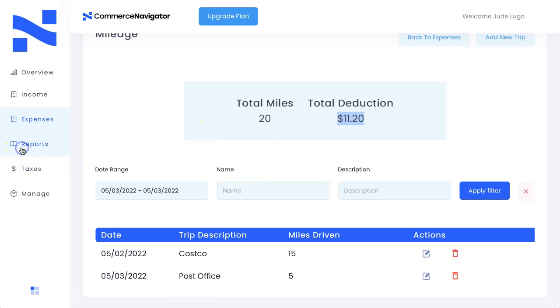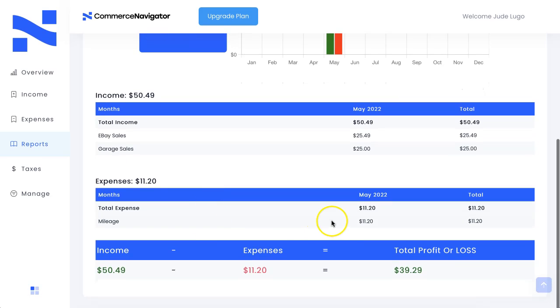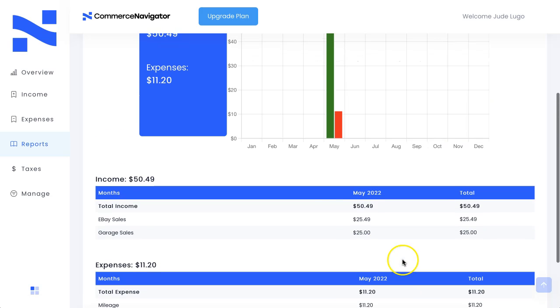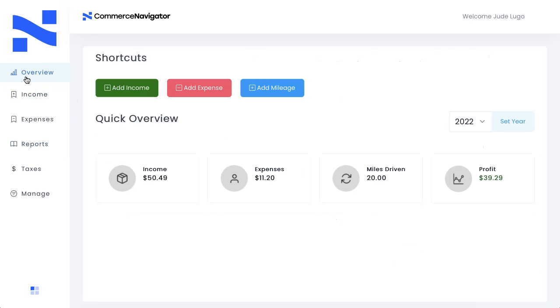Once I've added these all in and I go to reports under expenses, mileage actually populates as an expense. So I see $11.20 in mileage expenses. That's subtracted out from my sales here. And so that shows a total profit or loss of $39.29. So this is just a very basic overview of how CommerceNavigator can help you to get started with getting